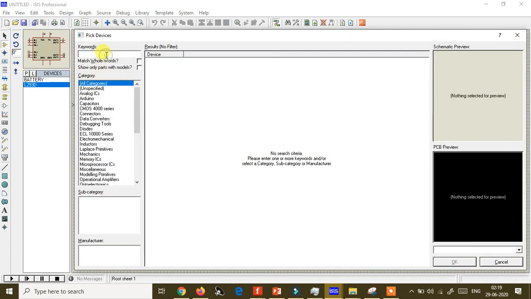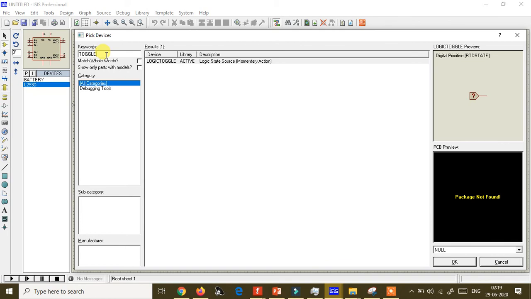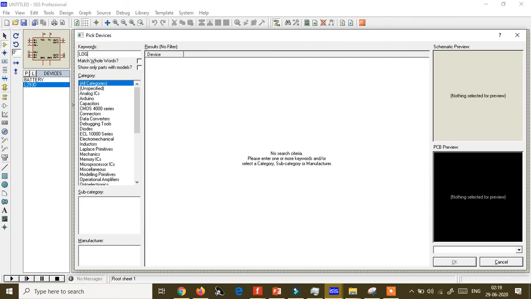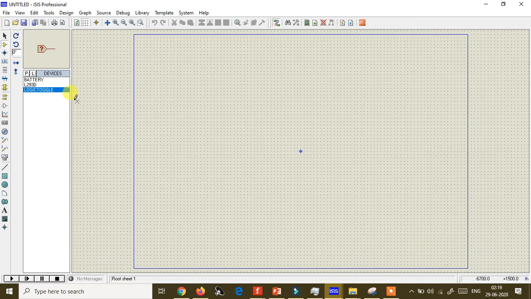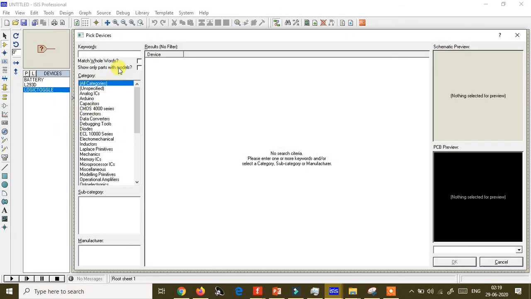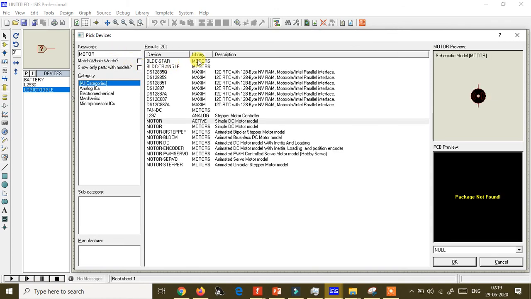Then I'll add toggle switches. You have to type logic toggle. Then I'll add a motor, a simple DC motor.